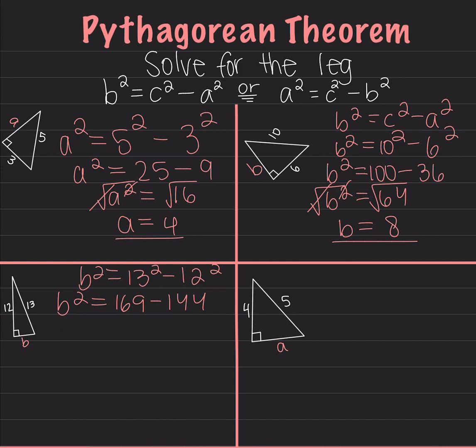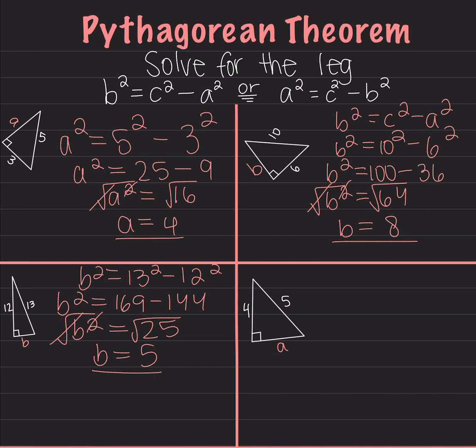Next, we are going to go ahead and subtract 169 minus 144, which is 25. And I'm going to take the square root of both sides now to get my b all alone. B equals the square root of 25, which is 5. And that's my answer. And lastly, we have a is what we're looking for, so we're going to use this